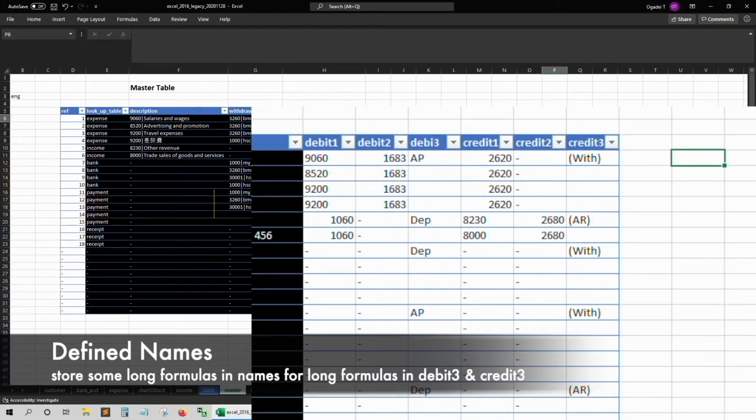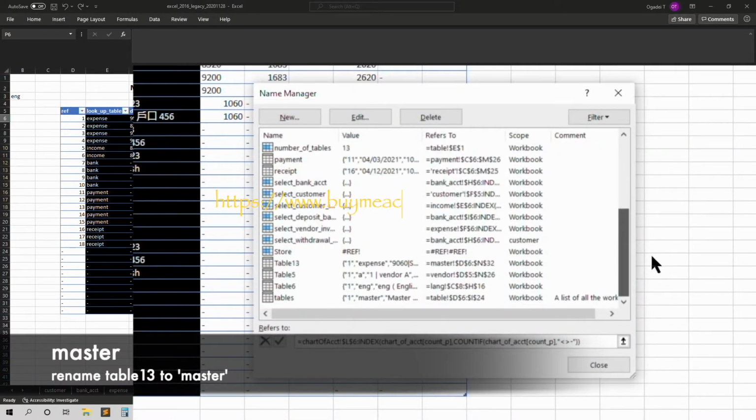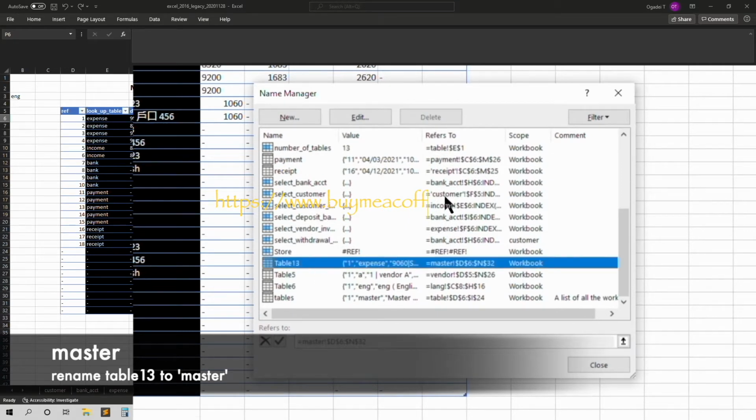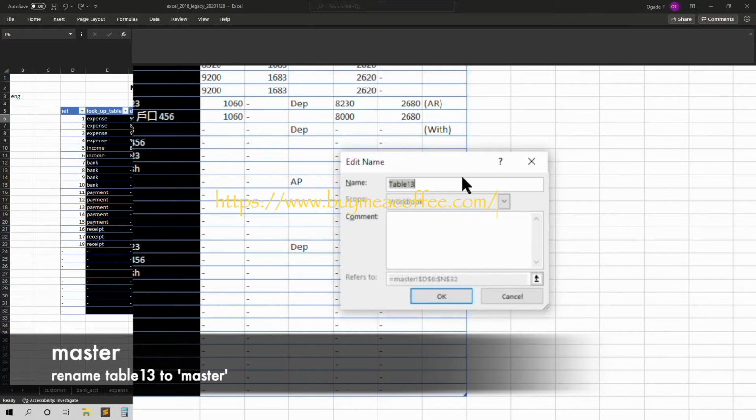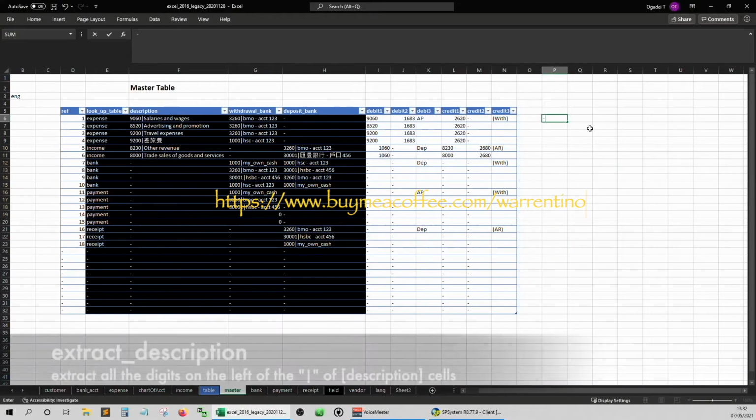To make it easier, here we'll create some defined names for some repeating items. The first one is to rename table 13 to master since we'll be referring to it quite often. The second one will be the extract description.